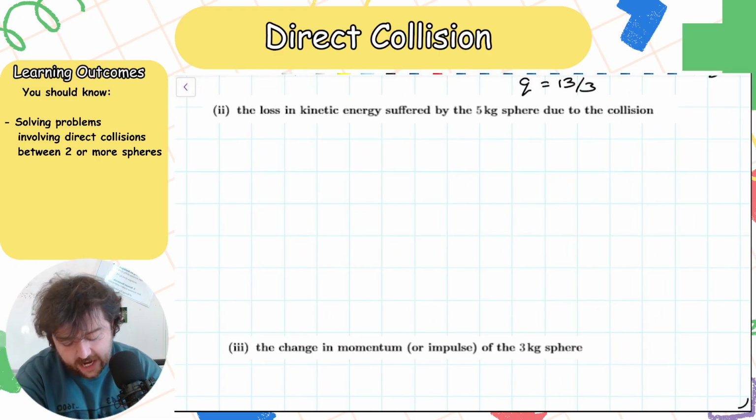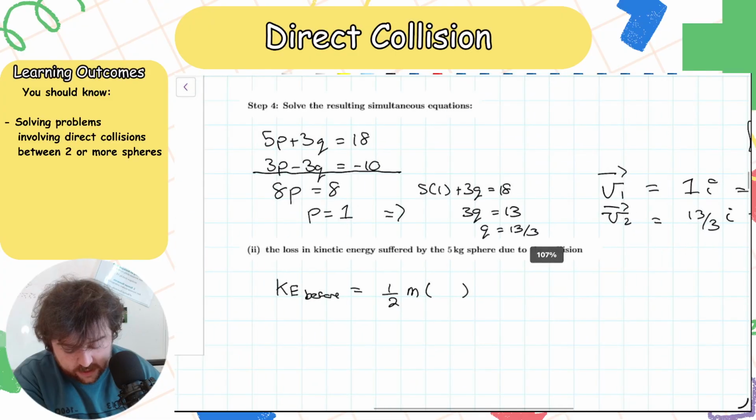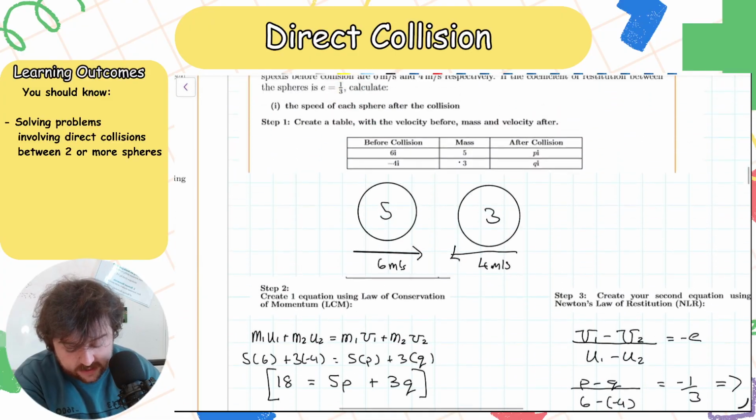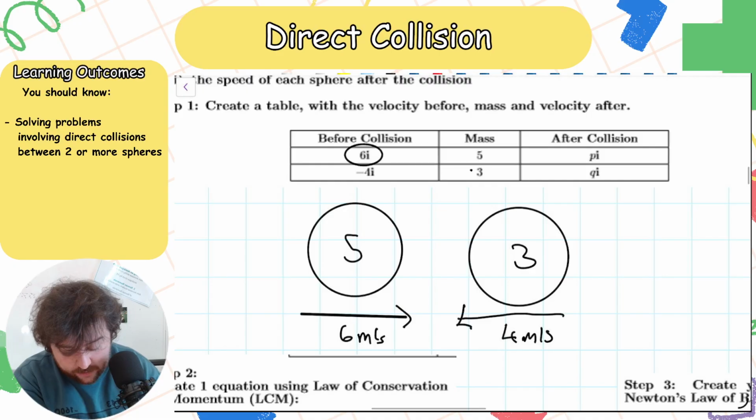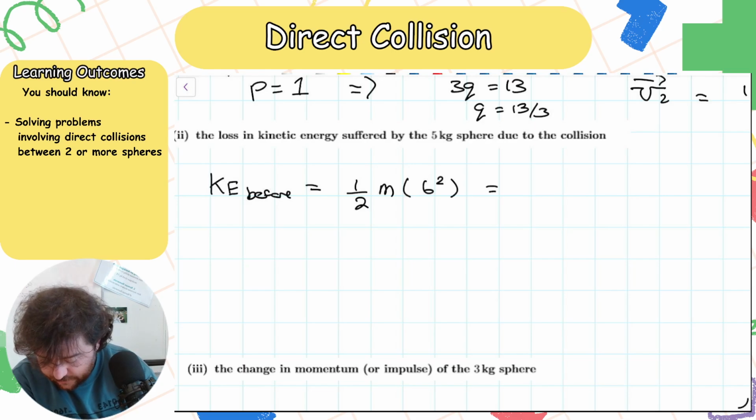Find the loss in kinetic energy suffered by the 5 kg sphere due to the collision. So we need my kinetic energy before. My kinetic energy before is a half mu squared. So we need to look back. What was my initial velocity for my first sphere? It was 6. So it's a half times 6 squared,